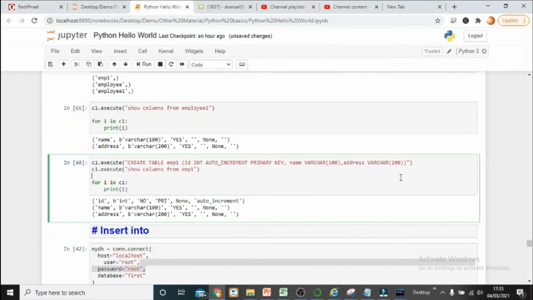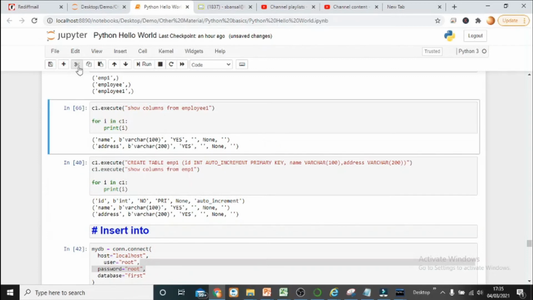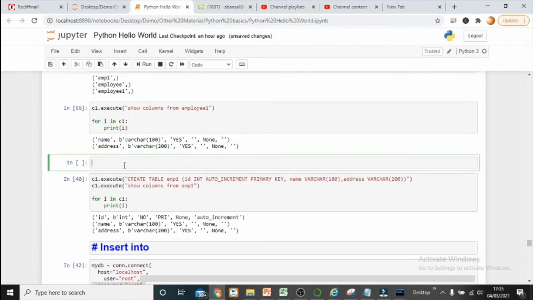Tables can be connected by a common key, and the common key here will be employee number, right? So there are two tables. Table 1 is called employee personal detail, and in this we are going to have EMP ID, employee ID, then employee name, and then maybe employee address, right?